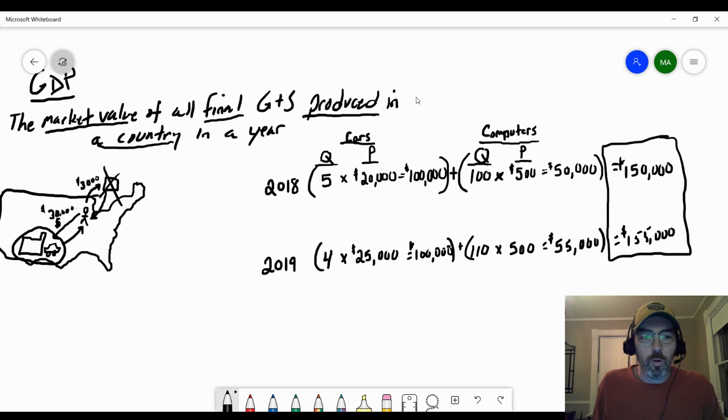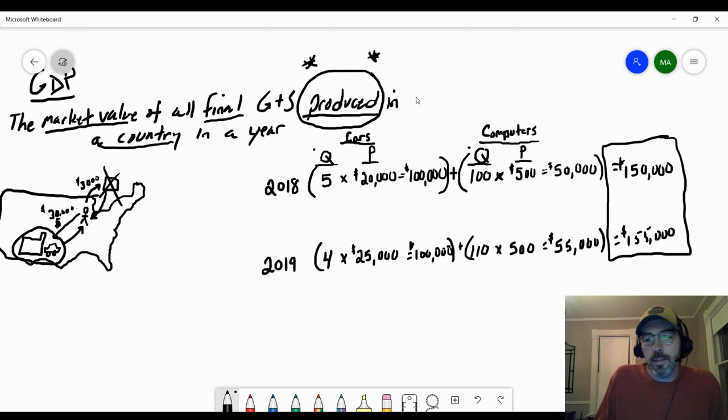And frankly, the whole purpose of GDP is to try to figure out how much economic activity is taking place in a country. We want to know about the amount of production. So what we really care about is the quantities. And the quantity of cars went down while the quantity of computers went up. Is that a wash? Do the two, one goes down and one goes up, should they kind of offset each other? It's hard to say. It really depends on what the value of those things are.